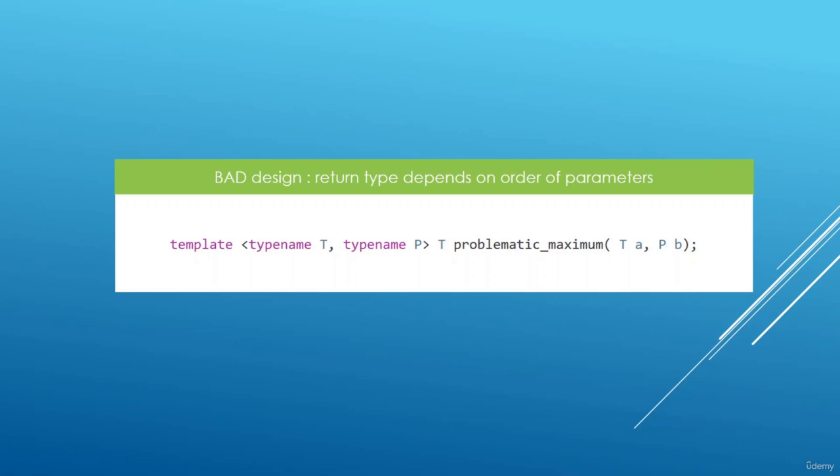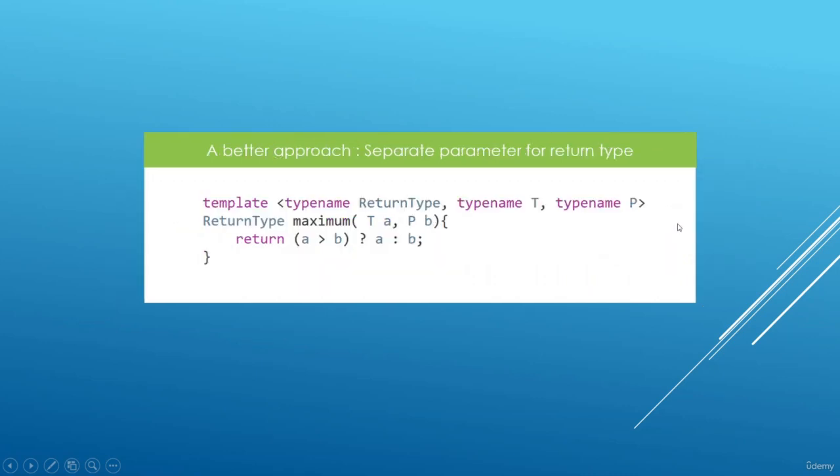We saw that it was bad design to use one of the parameters to the function as the return type, because the return type then would depend on the order of the parameters you call your function with. After that, we saw that we could set up a separate template parameter for the return type, and this worked pretty well. And we saw that we had much more flexibility if we put the return type first in our